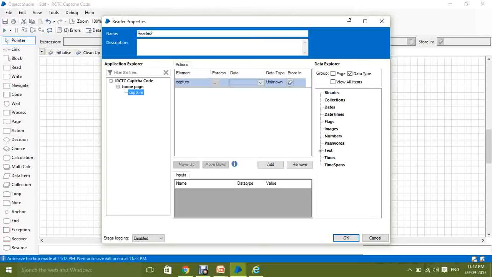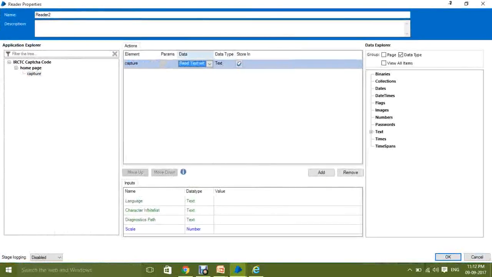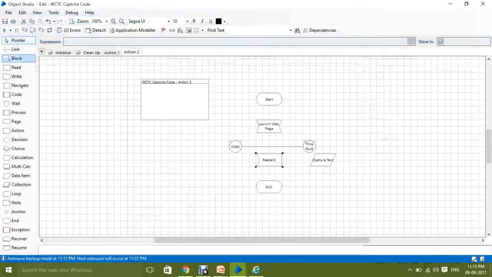I will create a reader stage. In the reader stage, I will read the captcha using the OCR technique. Let me maximize this. Whenever you see this, there is an option of read text with OCR. The OCR technique will read the text from the image, for example a JPEG, so this will read the optical text. I say OK, and before that I have to store this value into captcha text, and I say OK. Now my turn is to link all these stages.